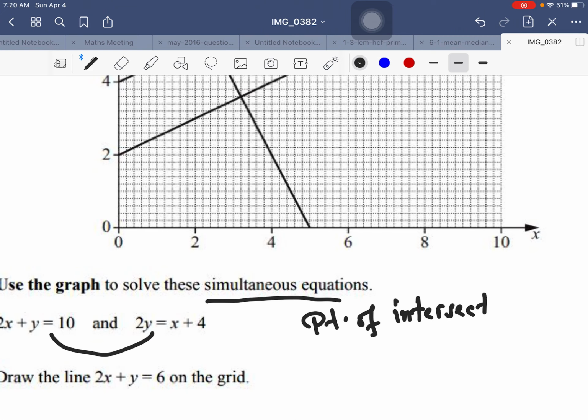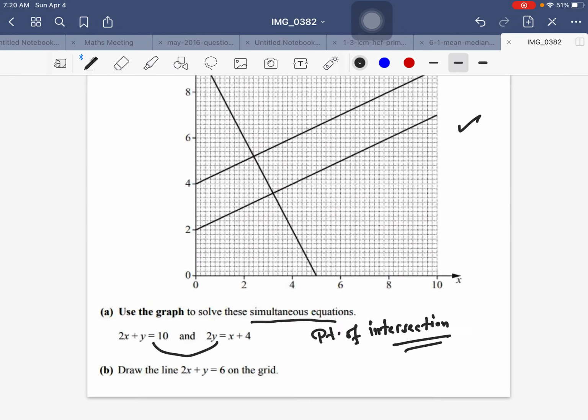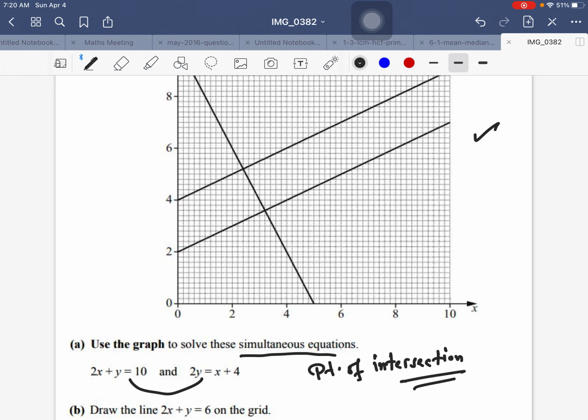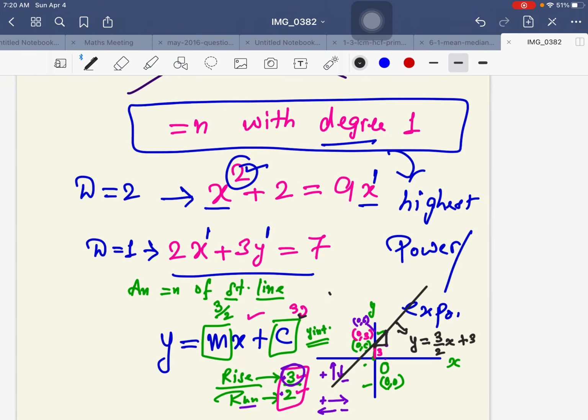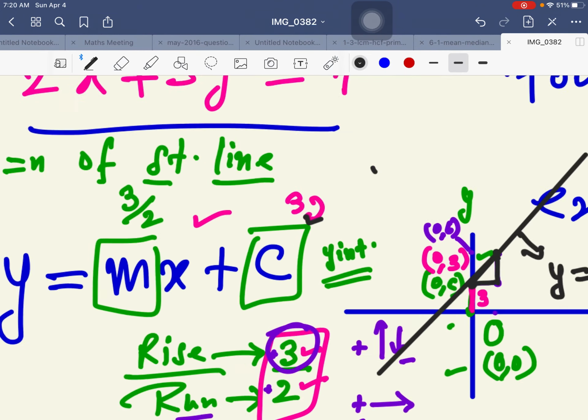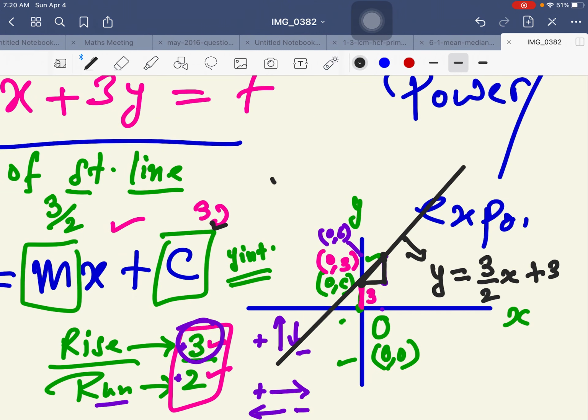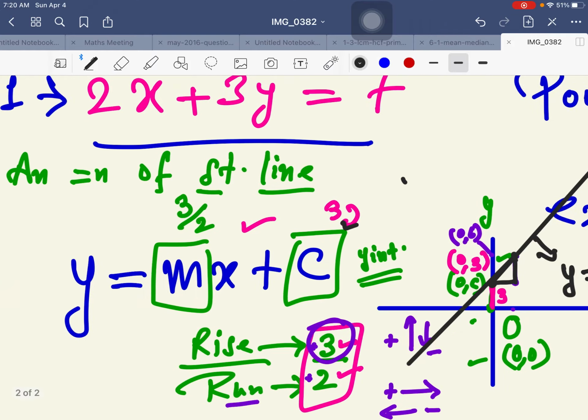For that, if the equations are given, if the graph is given, if straight lines are given in the graph paper, we can find the intersection point, like one is here, second is here, right? Or if you're given the blank grid paper and we are given equations like this, we can draw the graph of the line the way I taught you already, how to draw here. So we can draw the line from the equation.